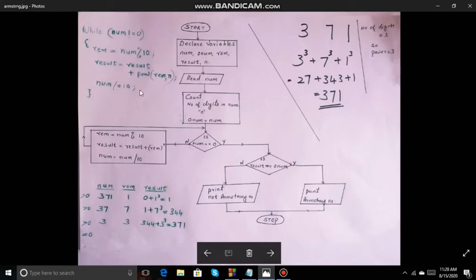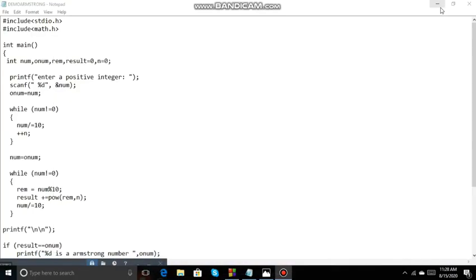So now let us go to the program. So this is the program here. We are defining num, onum, remainder, result, and n as integers. You are entering a positive integer, that is num, and you are storing that in another variable, onum. In this while loop, we are calculating the number of digits.